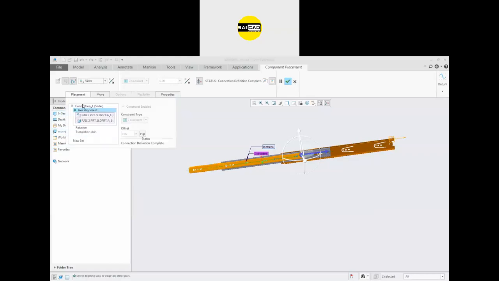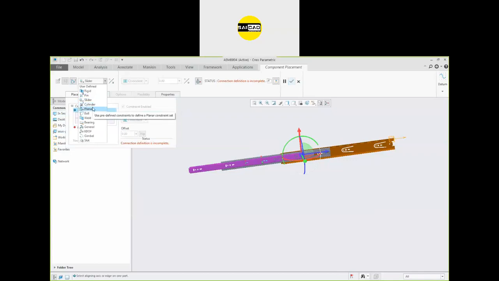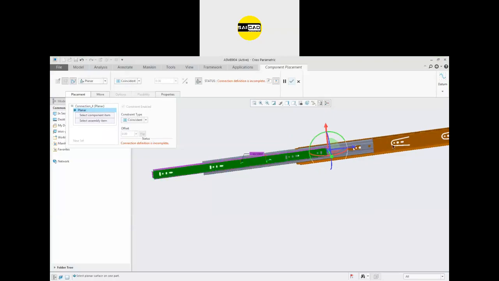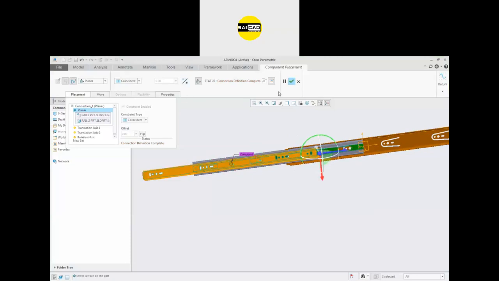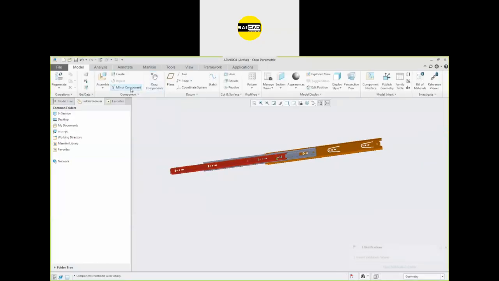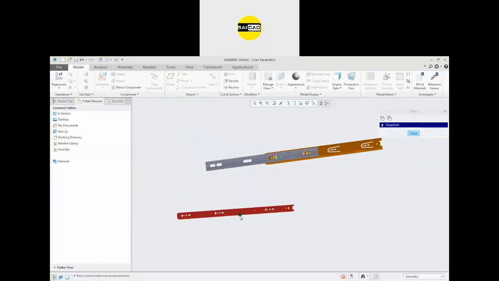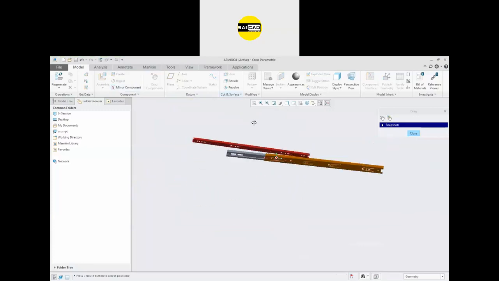So right now we will remove the constraint first. And now we have the cylinder that we have covered. We have the planar. So the planar will work on the face only. You can define a face, like I want to define the planar here. So define the face to face option and the object will be made planar to that face. You can select the translation and the rotation. If you just click OK and drag, the component can be dragged in rotation in the XY direction, YZ, like that. It will not move up and down.